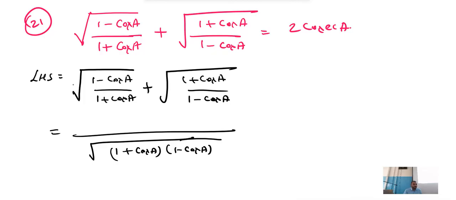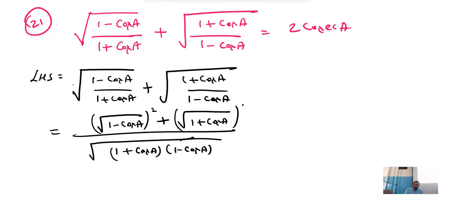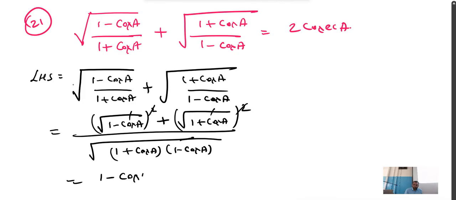So left out is root of (1 minus cos A) whole square plus root of (1 plus cos A) whole square. Square and root get cancelled. Left out is 1 minus cos A plus 1 plus cos A, divided by